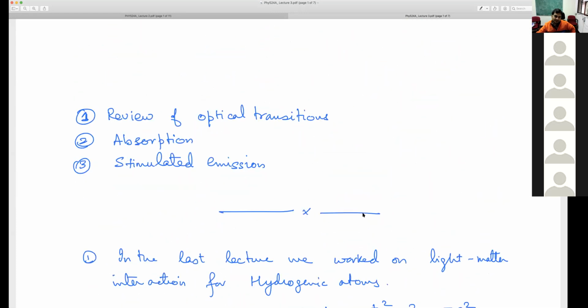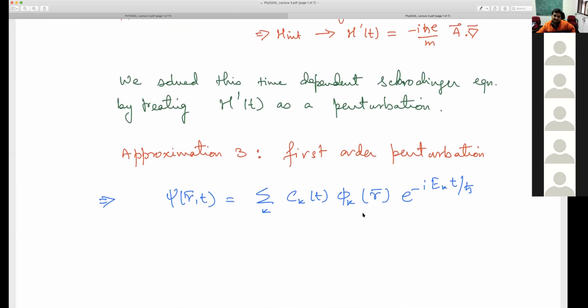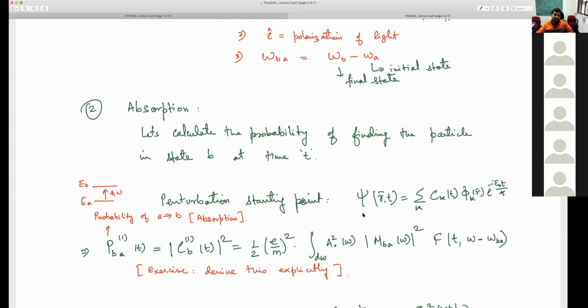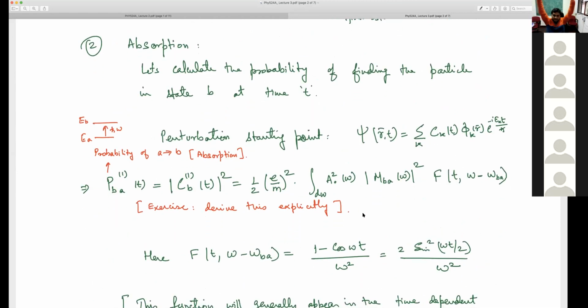So this is just a review of what we did till now, all the approximations and whatever we have. Okay, then let's go to absorption, basically. So when we are considering absorption, we are going to think of, I had a ground state, let's say